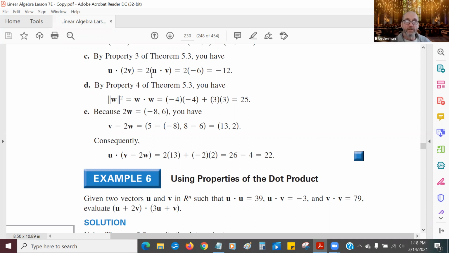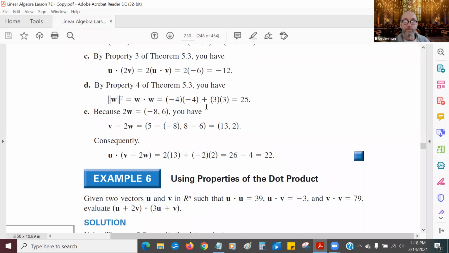But we pulled out the 2. First of all, it shows property 3 of theorem 5.3, which we just did a few minutes ago. Further, we're using the fact that we already know what u dot v is because we used it all 50 times already. Okay, now for d, so w, the magnitude of w squared is w dot w, which is just